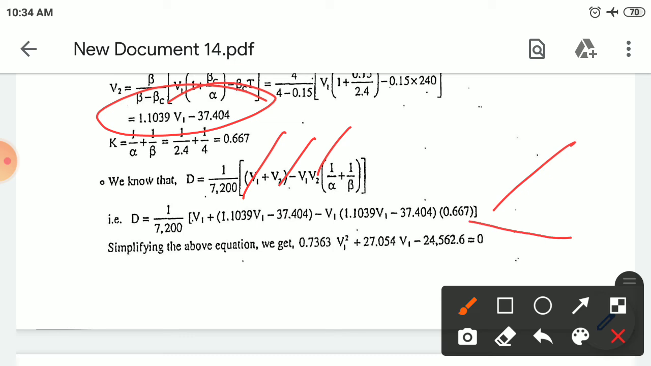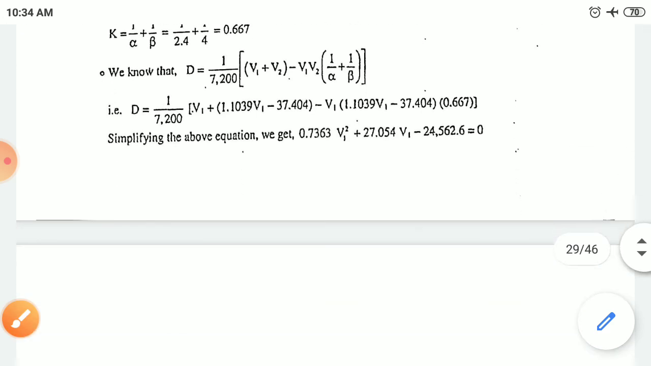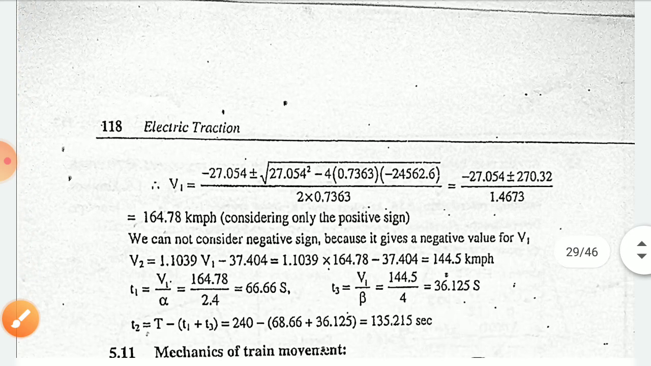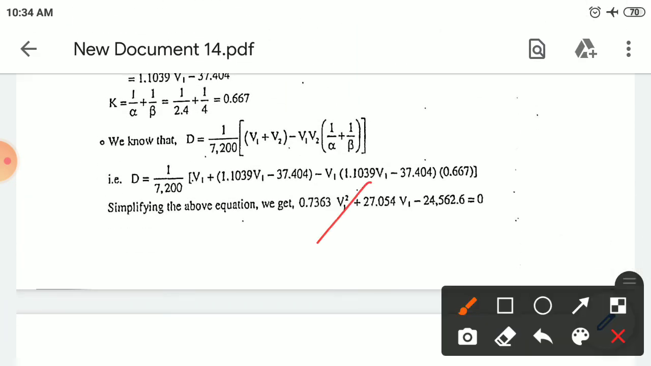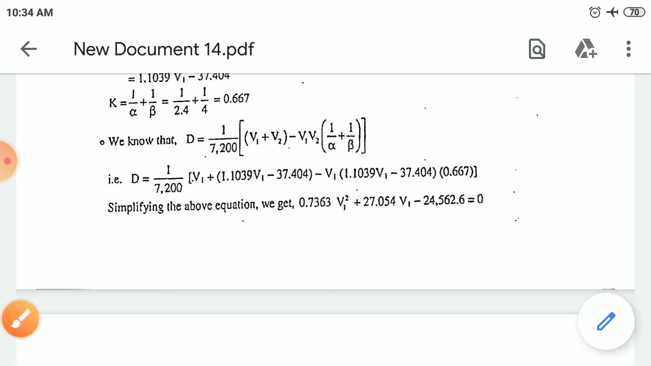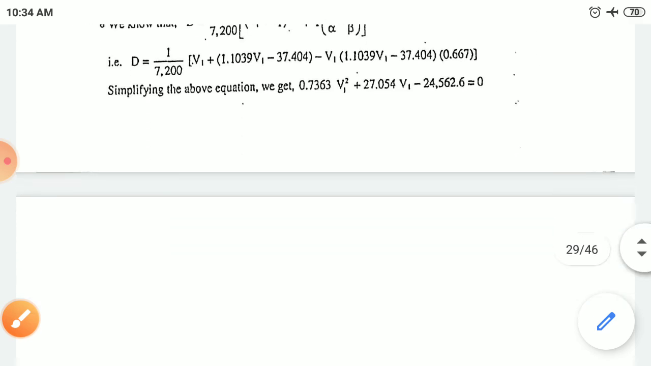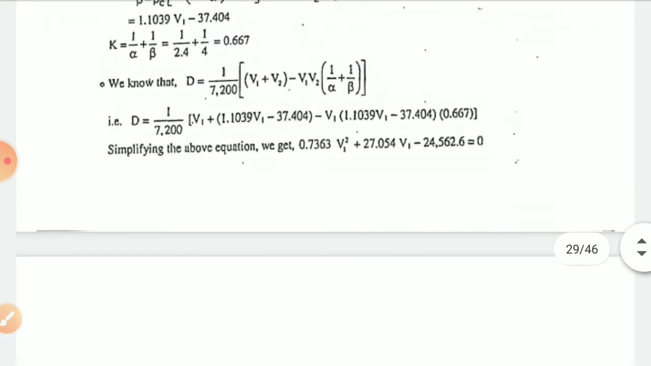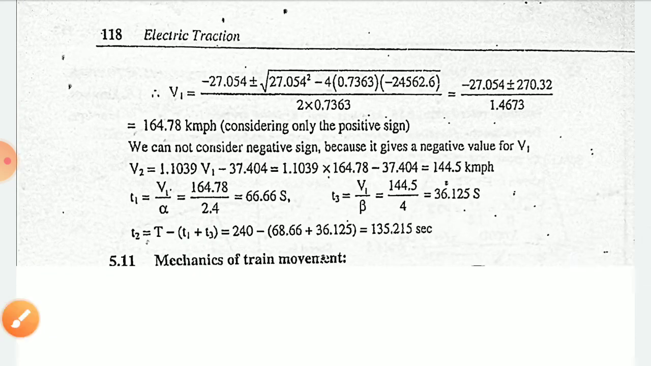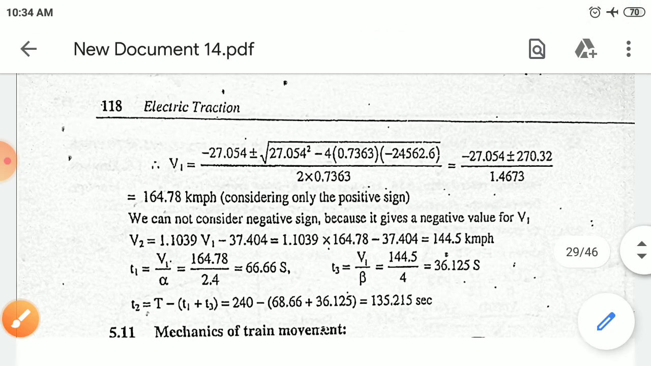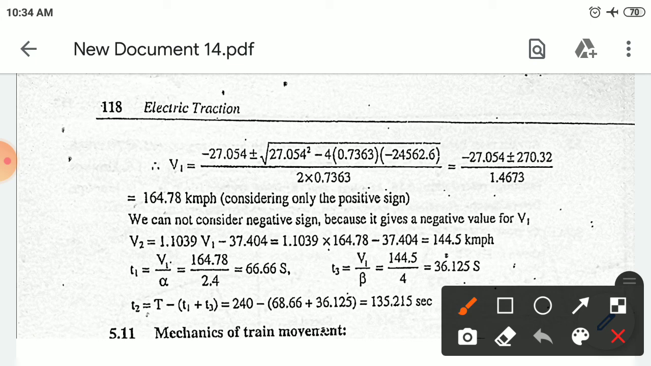Once again after simplification you will get 0.736 V1 squared plus 27.5 V1 minus 24 is equal to 0. It is in the form ax squared plus bx plus c, so the solution is minus b plus or minus the square root of b squared minus 4ac. Substitute all this and, considering only the positive sign, you will get around